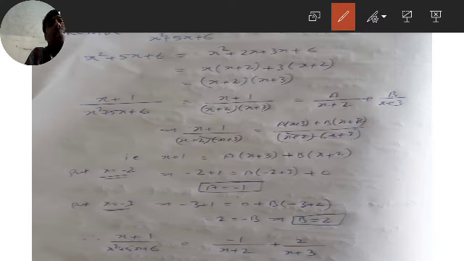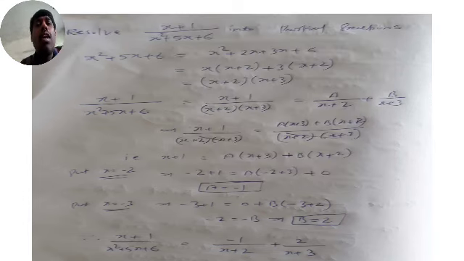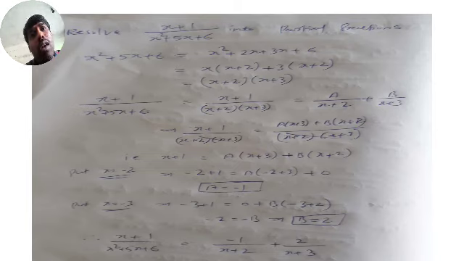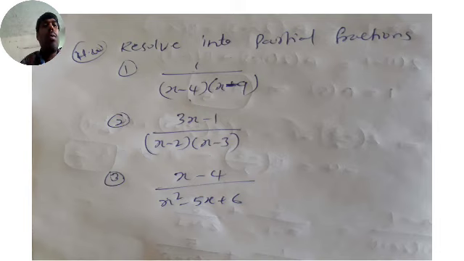Very, very easy problems, and surely you will get 1 mark from the definition: rational fraction, proper fraction, improper fraction with an example. Resolving rules, any 2 rules, you will get 1 mark. Now these problems you will get 3 marks. Next class we are going to see 5 marks problems, how the 5 marks problems will be.